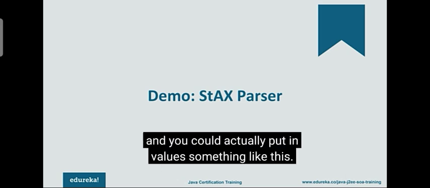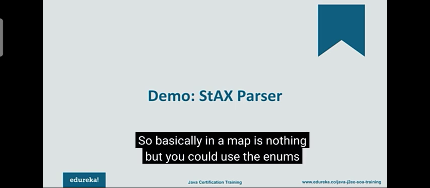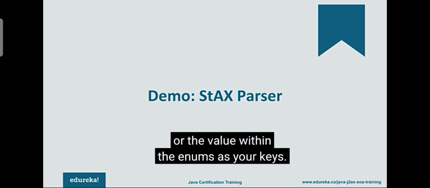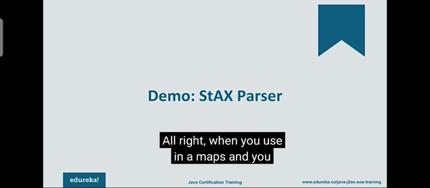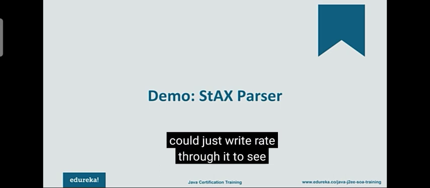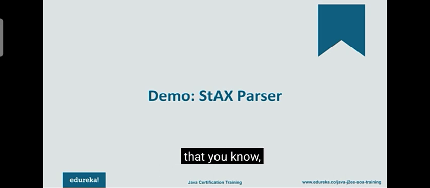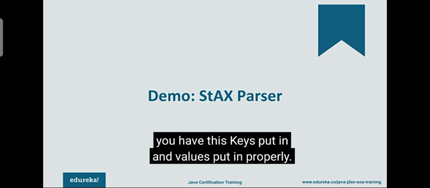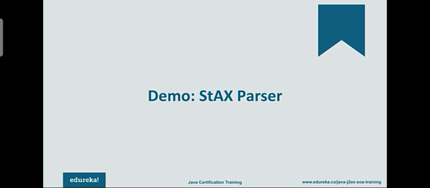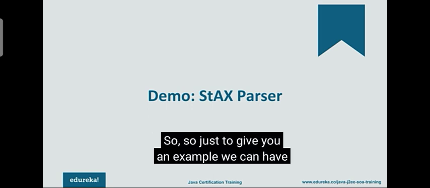You have this enum map and you could actually put in values something like this. So basically enum map is nothing but you could use the enums or the values within the enums as your keys when you use enum maps. And you could just iterate through it to see that you have these keys and values put in properly. All right, so just to give you an example,